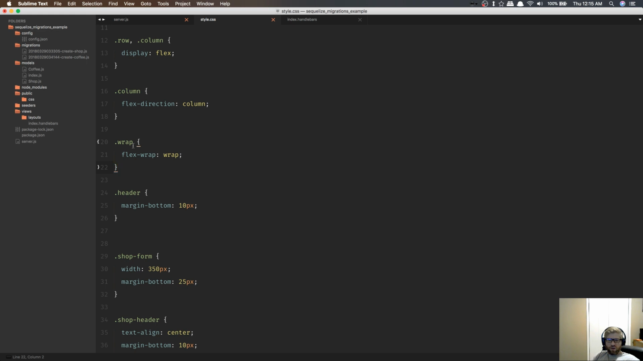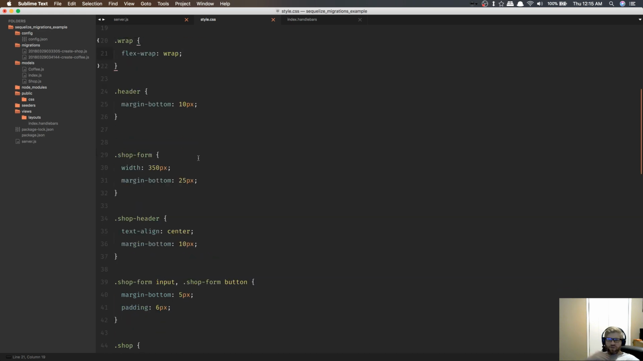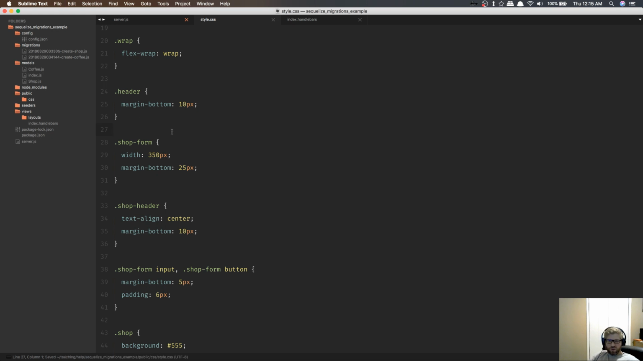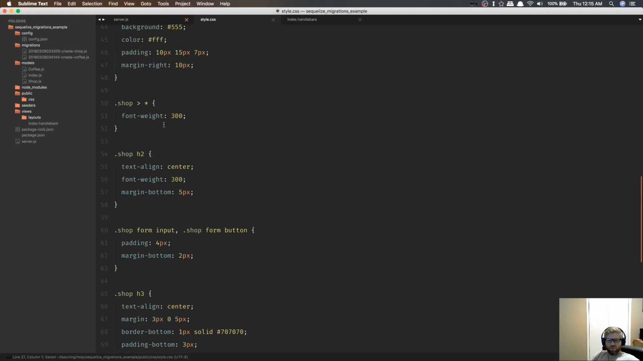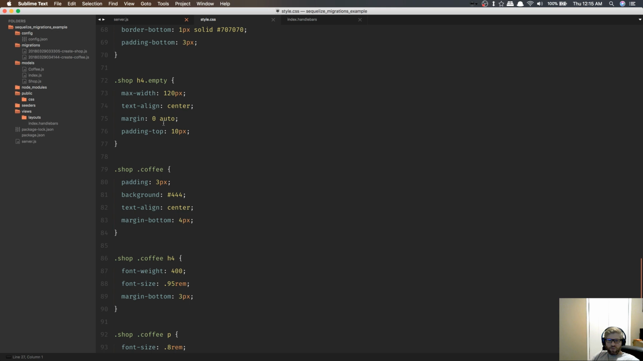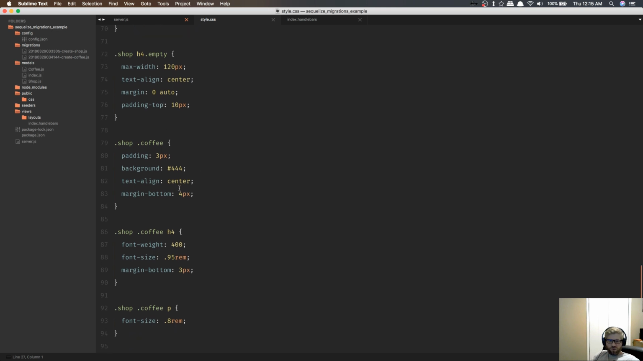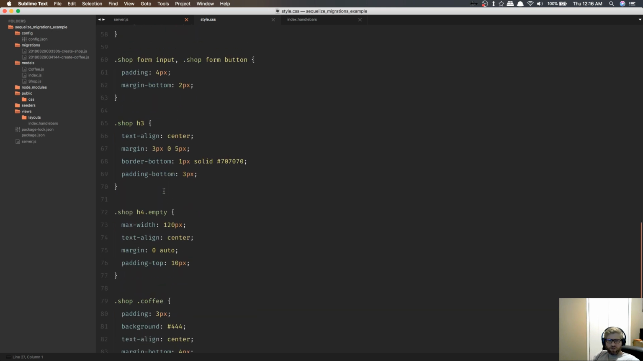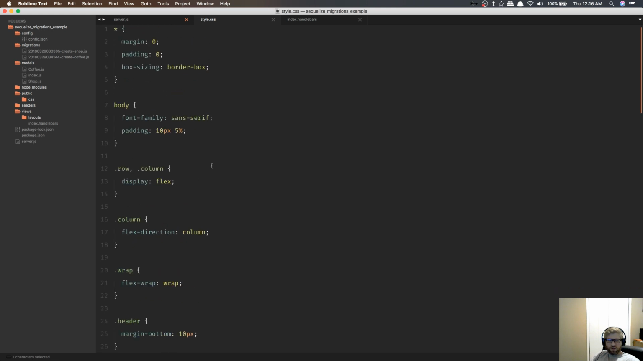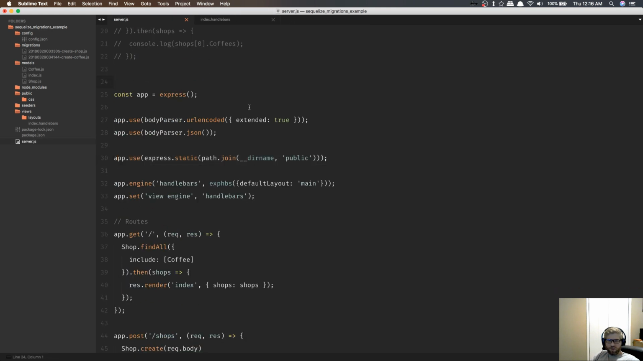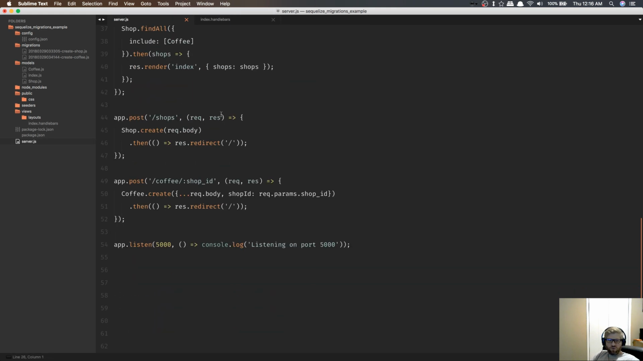Row and column. Wrap is just to make sure that the row wraps if the items can't fit in the row. That's all Flexbox stuff. And then down here, we just have some custom classes that I made for each one of the items, and not many advanced things going on here. So pretty basic CSS just to make things look a little better. Okay, so